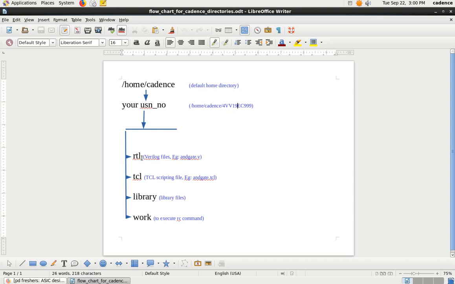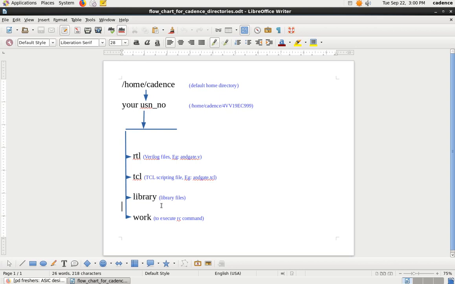Once we go for synthesis, the synthesis is done using a TCL file, or TCL scripting, tool command language scripting. The extension of that file is .tcl. That's why all the TCL scripting files will be stored in the TCL folder, and all the libraries that are important for the synthesis and design will be stored in the library folder.